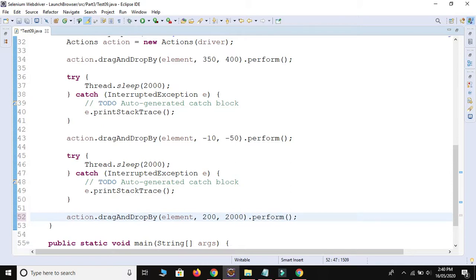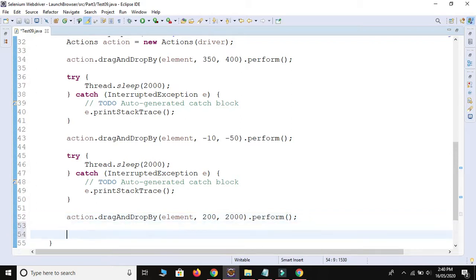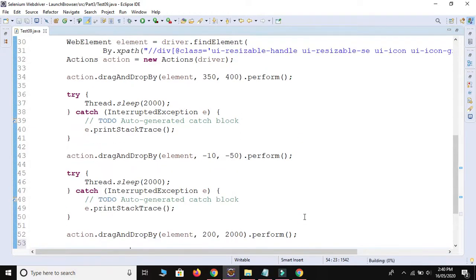Okay, let me save and let me use one quit method so we are able to see it on Eclipse. So we use the driver.quit method. Control save and let me run one last time. Let's wait for the execution.